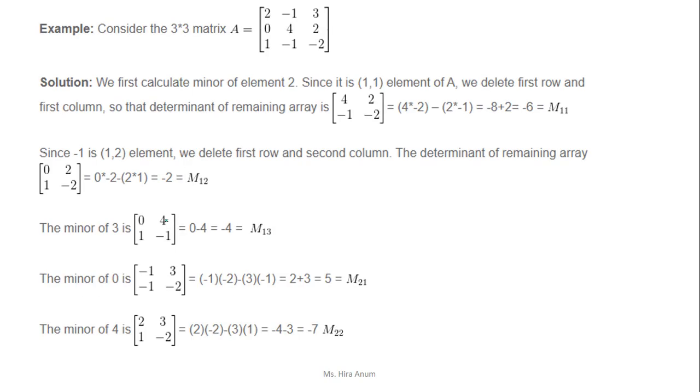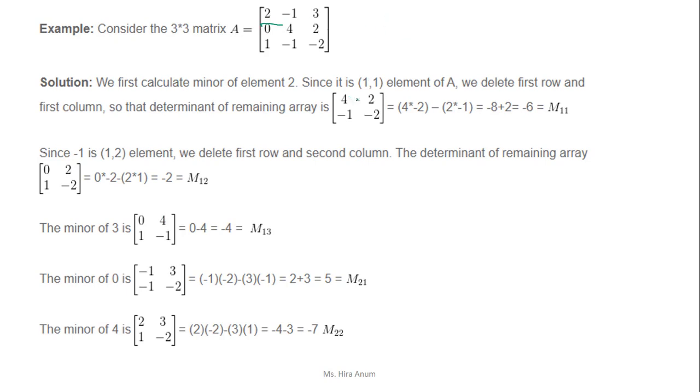3 cross 3. Calculate the minor. Similarly, we are finding the minor of this. You can write these things. In 3 cross 3 you can find the minor. Then you know this. Finding the minor of